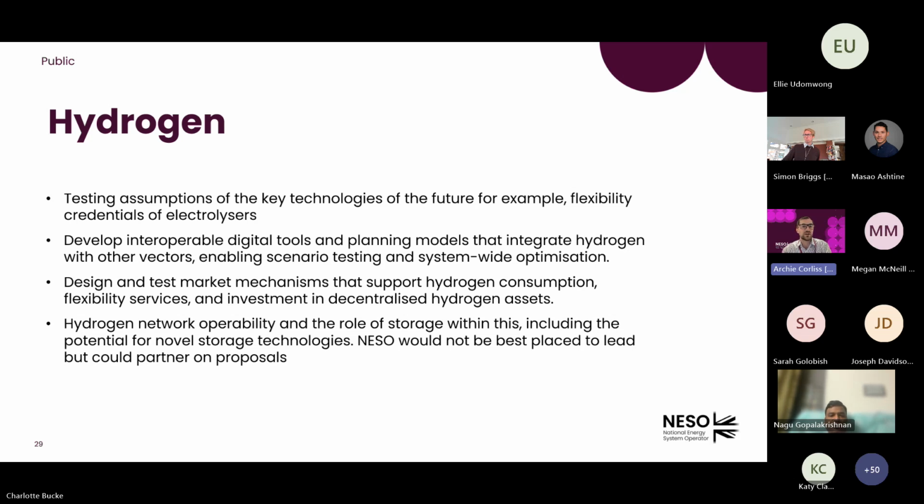What sort of ramp rates might we actually see for electrolyzers, and to what extent does that affect the role that they could play on the electricity system, and what impact does that have on a hydrogen network in terms of varying some of those ramp rates? How much does that change the need for storage playing a role on a hydrogen network? What are the market mechanisms that might be needed to facilitate the development of new hydrogen supply and demand, and how should we be considering the integration of hydrogen alongside different energy vectors?